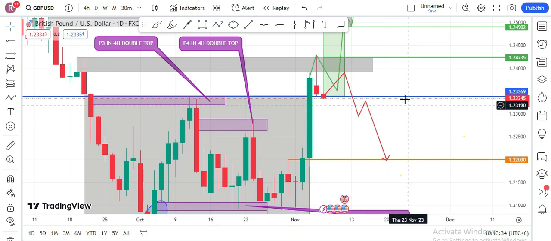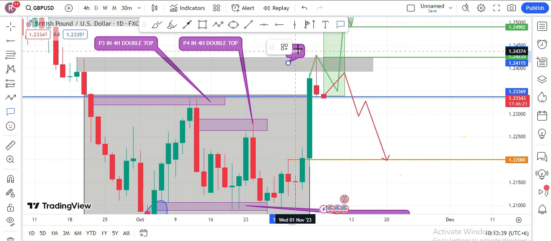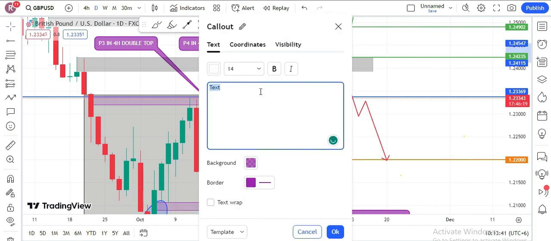So if we say now that it is a pattern 5, P5 in daily,